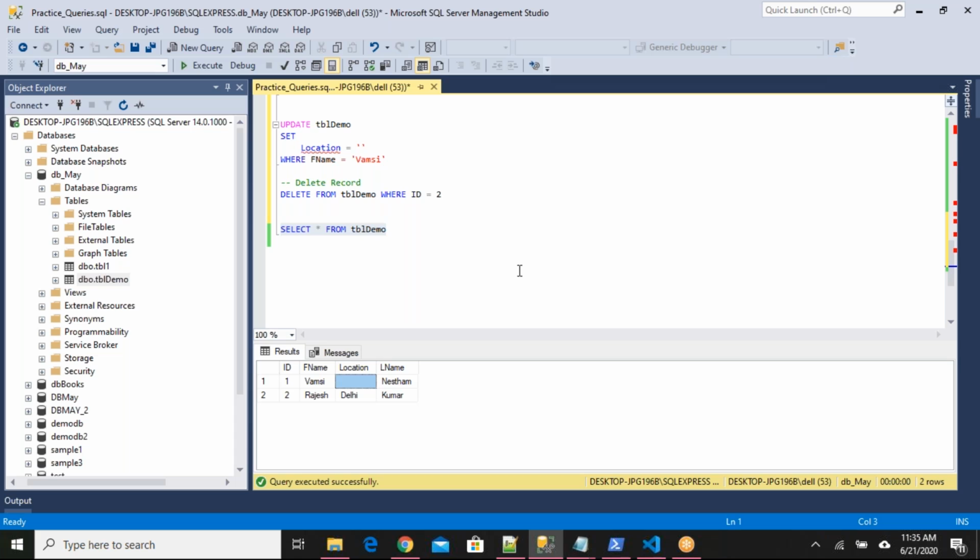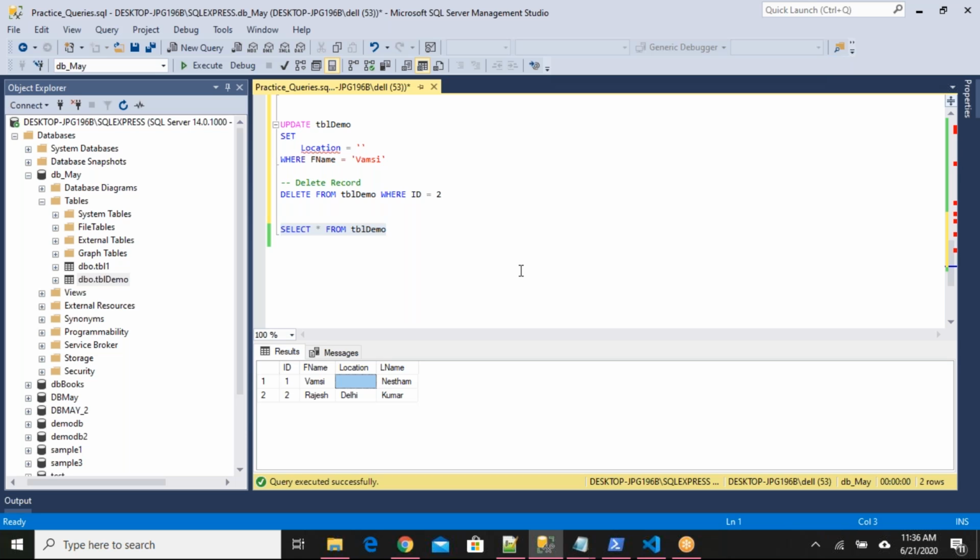In future we will be learning about identity columns. Without adding data to one column, we can increment the value like 1, 2, 3, 4, 5. We can have identity columns. Identity column values will be reset when you are using truncate. When you are using delete, they won't be reset.